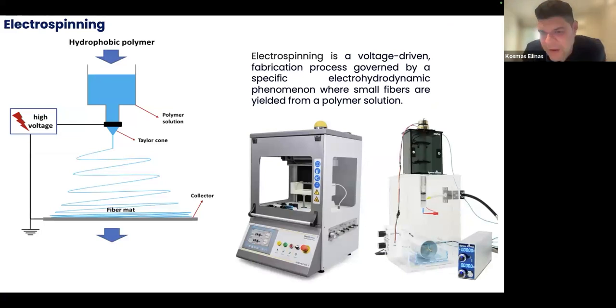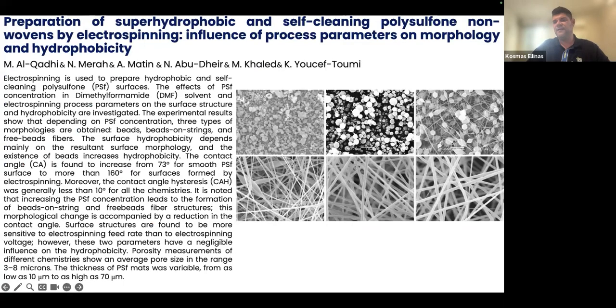Electrospinning is a very simple technique which involves a syringe pump with a polymer and the application of high voltage on the tip of a syringe, which injects the polymer at a specific rate. In this way, you can create fabrics, woven and non-woven, and it is really nice for creating several polymeric-based materials. For example, you can see here that depending on the conditions you use, you can create completely different composites